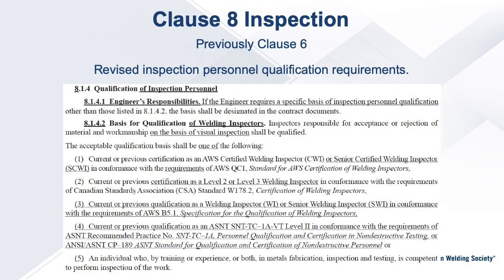Clause 8 Inspection had been Clause 6. The inspection personnel qualification requirements were revised significantly. In 8.14.1, it more clearly identifies the engineer's responsibilities for specifying inspector qualifications. 8.14.2 now provides more options for visual inspector qualifications by 1. Adding senior CWI to CWI,